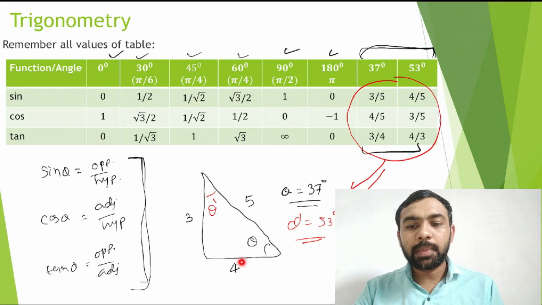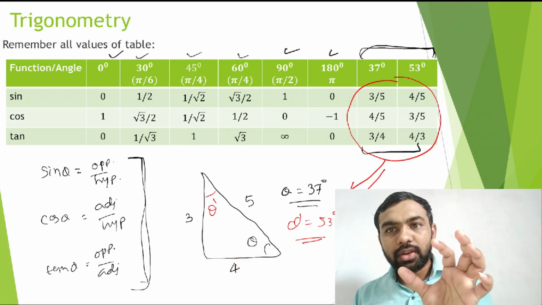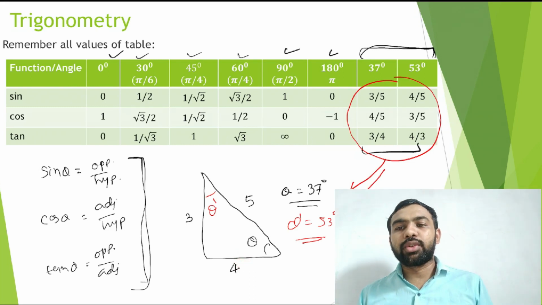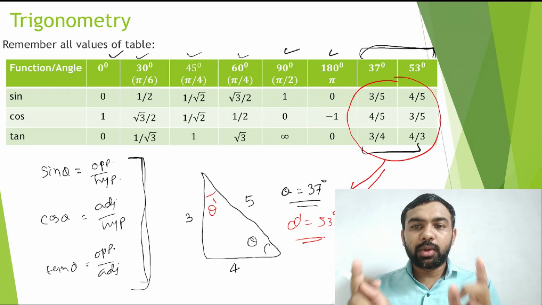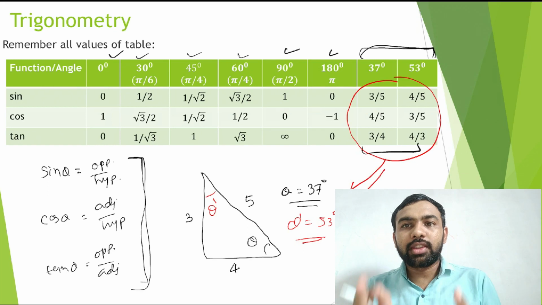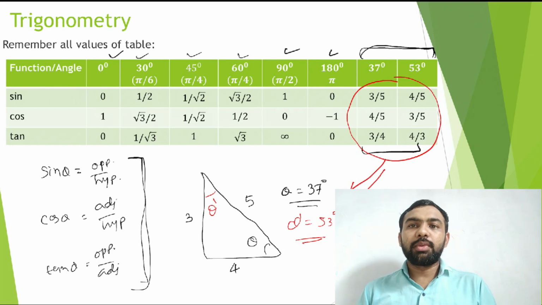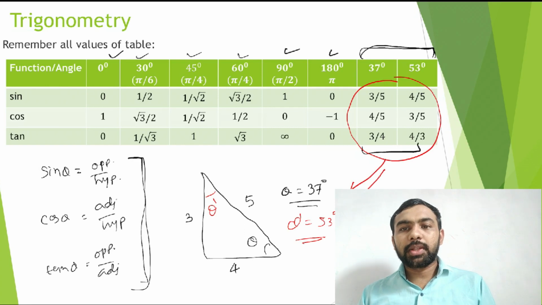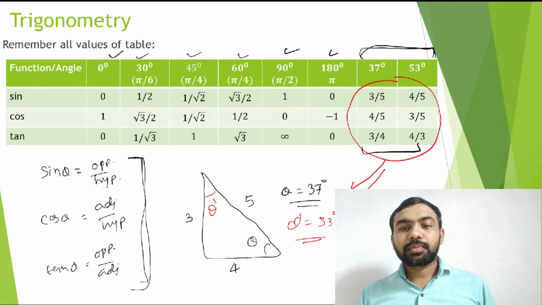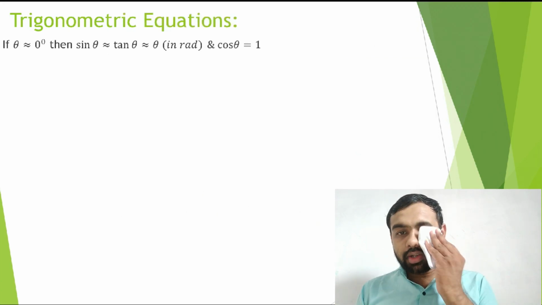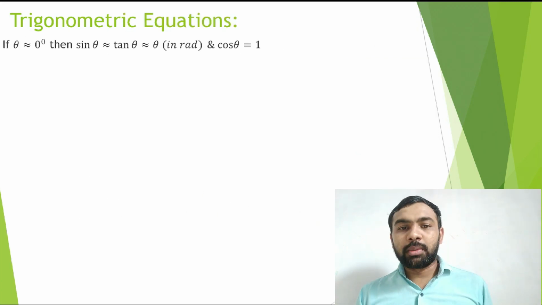All of you must remember this, okay? By remembering this triangle, you remember all the values for 37 and 53. All of you must pause your screen for 10 minutes and note down this table and remember all these values before we go to the next one, okay? Note this in your books properly, then after that we will go to the next one. Note it. Let's see. Now some trigonometry equations you must remember.